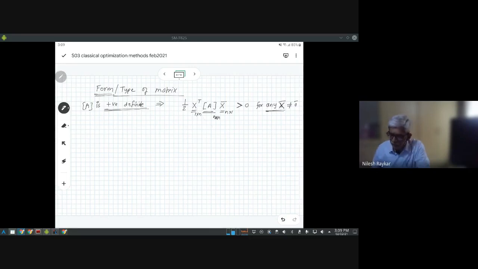Okay, now using this definition and taking some arbitrary values of x1, x2, one would be able to find out, but that would be a very tedious procedure. So there are some simpler methods. There are 2-3 more methods which will determine the form of a matrix. One which is relatively simple is based on calculation of eigenvalues of a matrix, and that is what we are going to use.